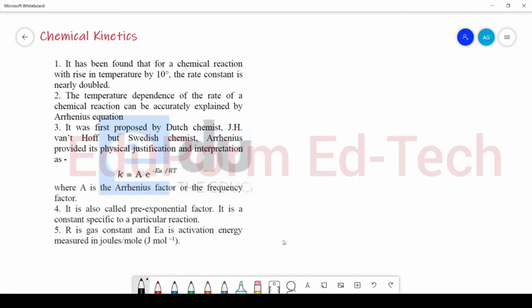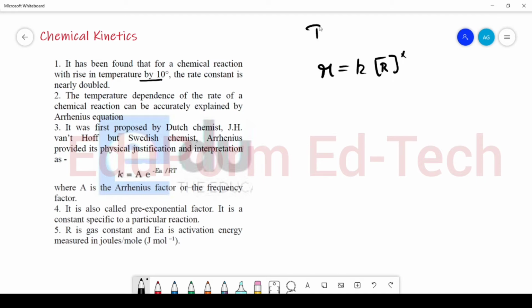In this lecture, we will study the Arrhenius equation. It has been found that for a chemical reaction, with a rise in temperature by 10 degrees, the rate constant is nearly doubled. We have studied that according to the rate law, r is equal to k [R] to the power x,